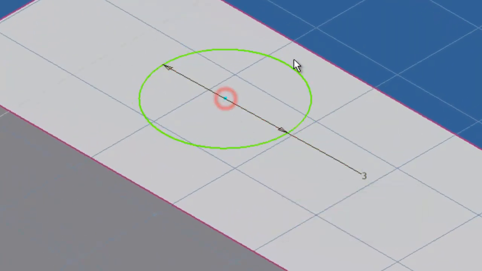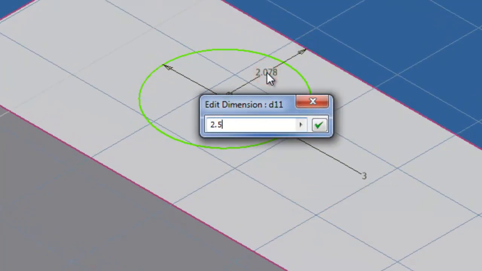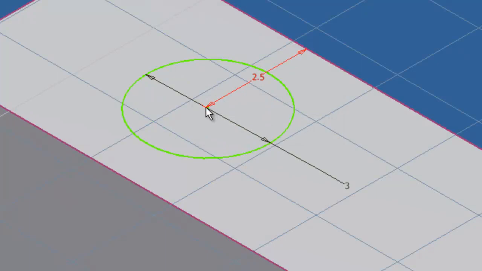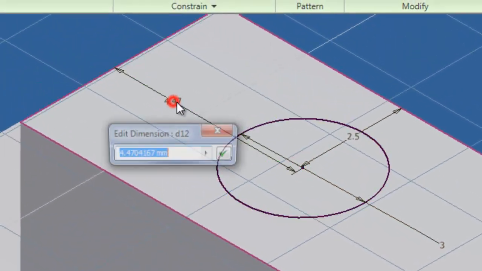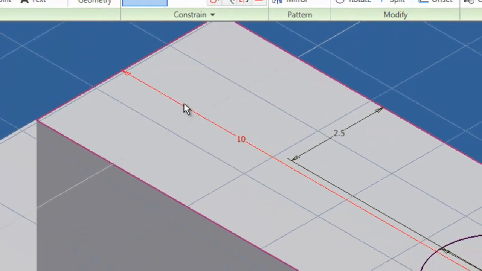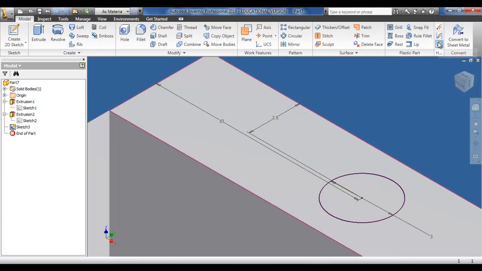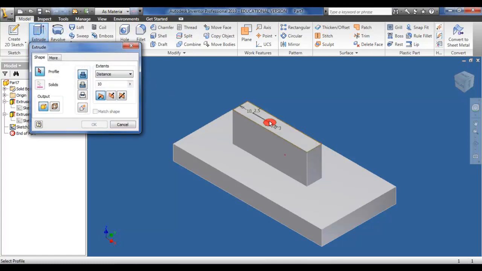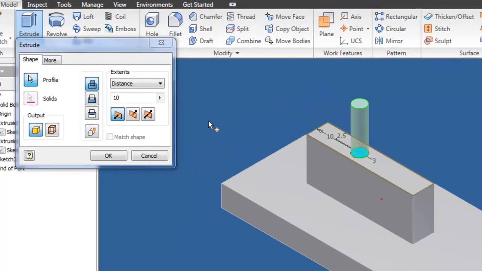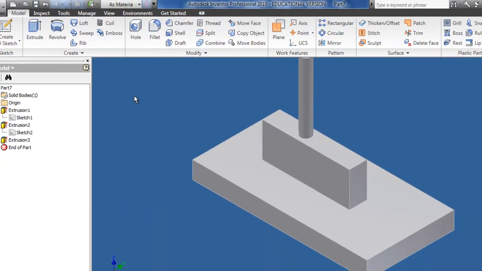So this time I made my circle 3mm. I can now click on the two lines involved, insert a dimension, and also in this direction. I can now finish my sketch and go through the same process again to click extrude, click the part to be extruded, selecting the length that I want the extrusion to occur in,